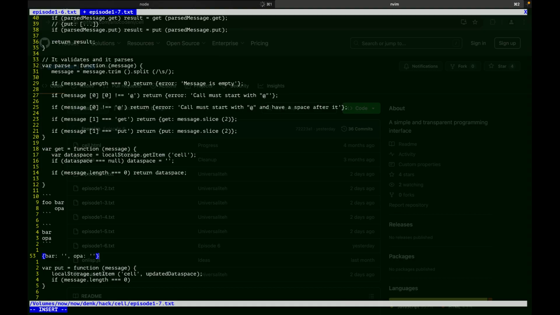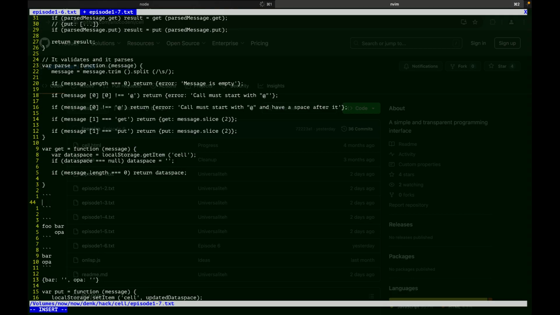Also, what does this mean? If it's foo bar, what I understand is this. Foo bar. This is what I understand in terms of JavaScript, right?